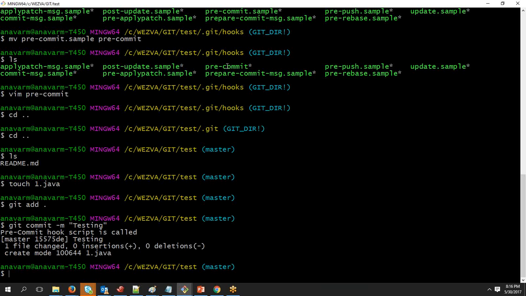The same thing if you want the script to be called after you have executed the command, then you will simply say post and the command name. So like this, whatever is the need for you to do automation of any process or authentication, you can do it. Now, once again, if you are using any tool like GitLab or Gerrit, they have these kind of